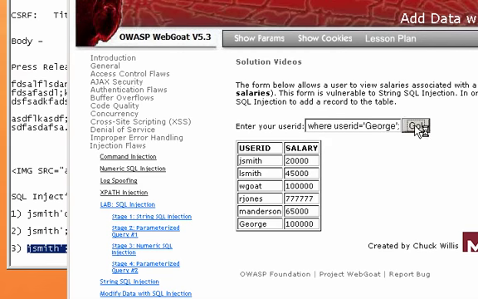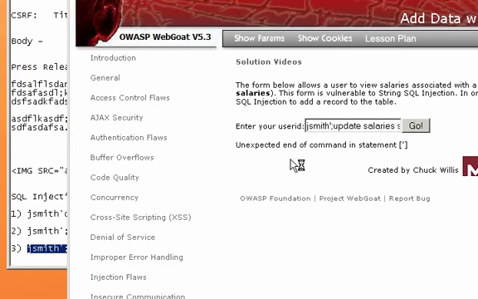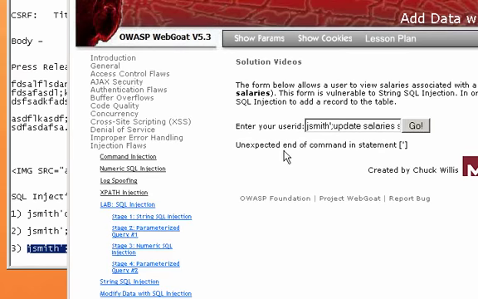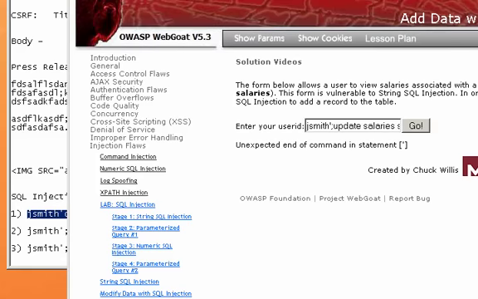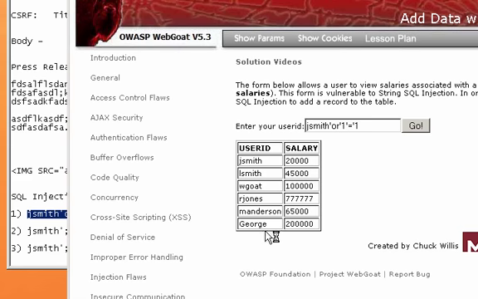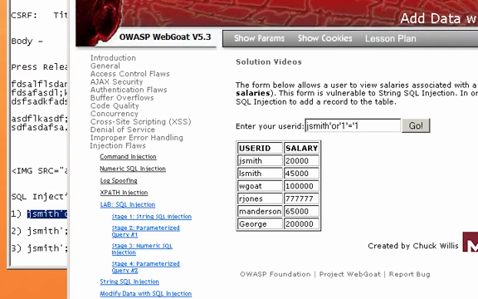and I run it, I'll get back an error. But again, I'm not very concerned about this error. I should just go ahead and run my first command and see if it took. So if I do that again, I'll click on Go, and what I should see is exactly what I expected. I see that George now has a salary of $200,000, and I've edited this database,